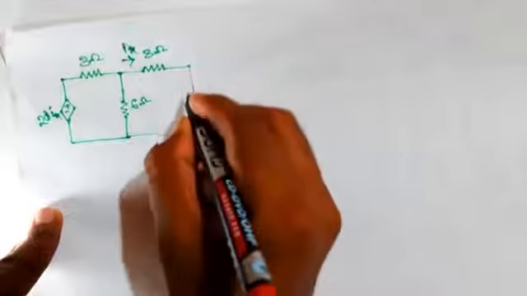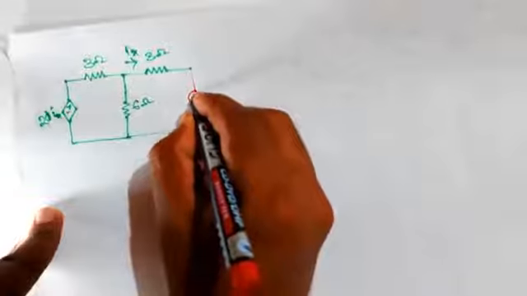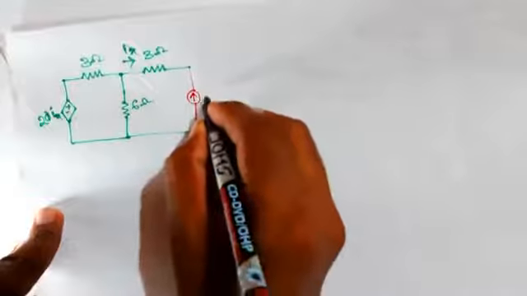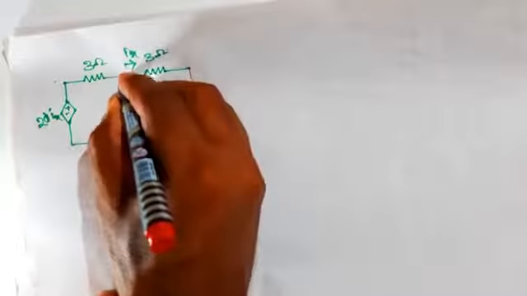We need to connect a dummy source. Here I am going to connect a dummy current source of 1 ampere. This dummy current source drives this dependent source. Now my circuit is an active circuit, and now you can find the values. First, if you apply the node equation or KCL, let this be the voltage V.